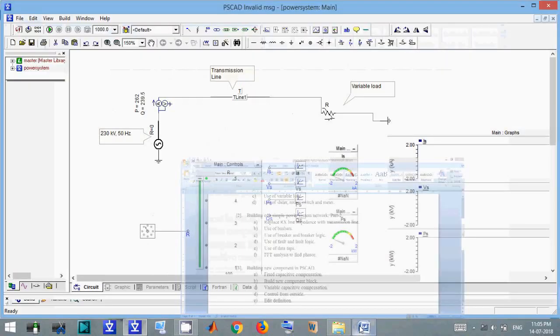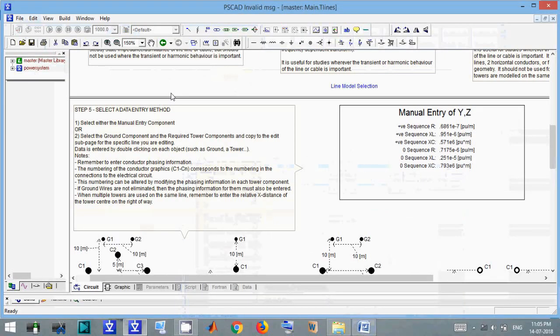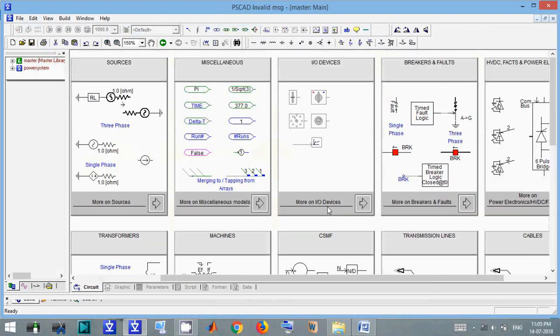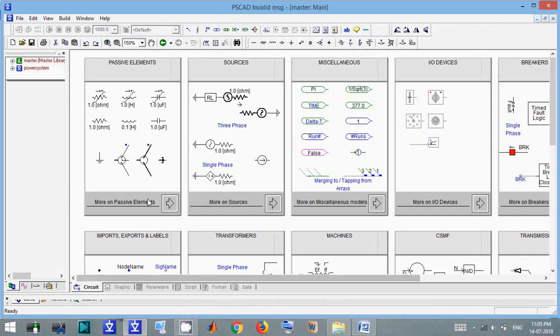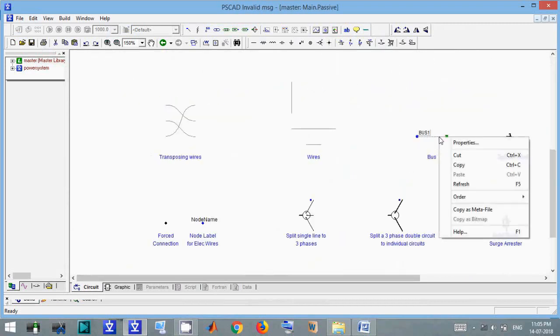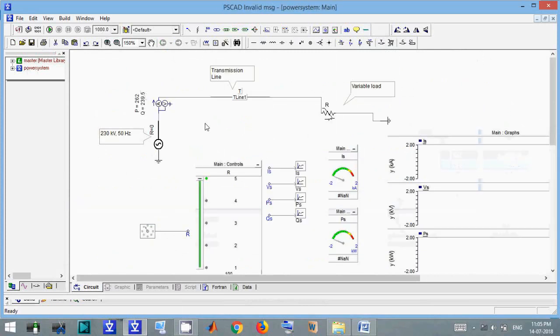Now use a bus bar. Where will we find it? Go to the master library and bus bar. In passive elements you can find this bus bar. Okay, just copy it and paste it here. Okay, so just connect the ammeter here. Just select it and press R to rotate